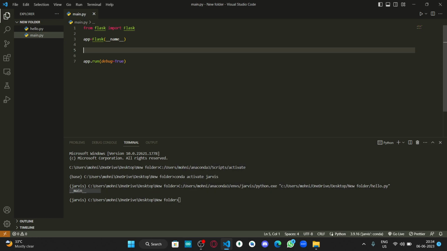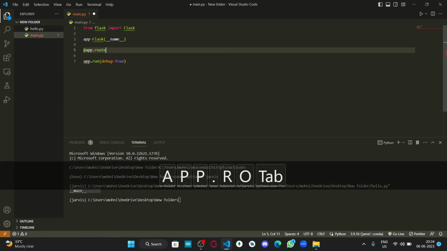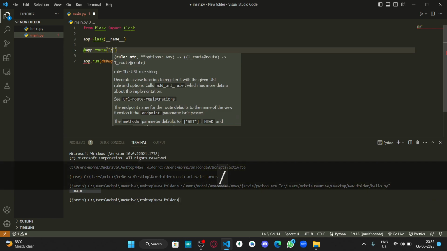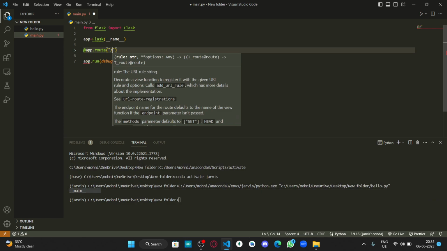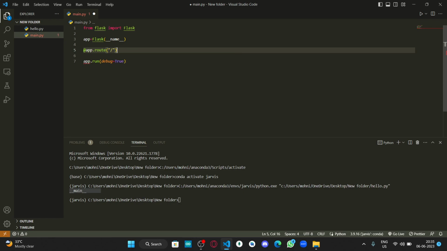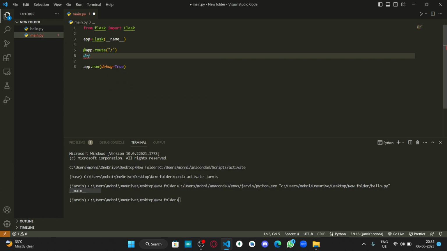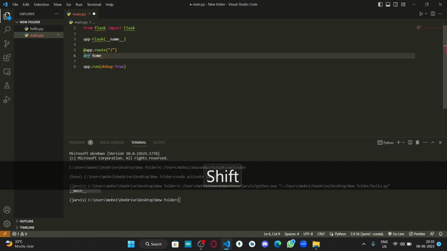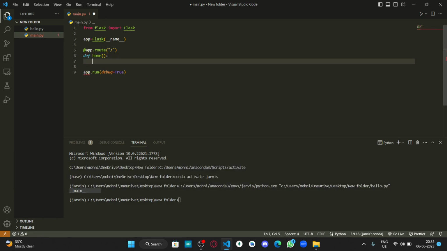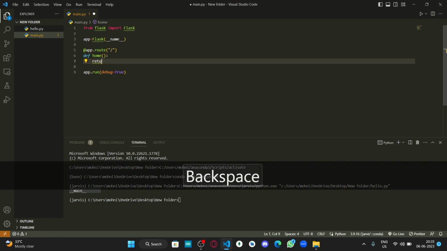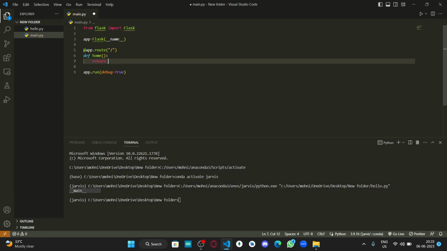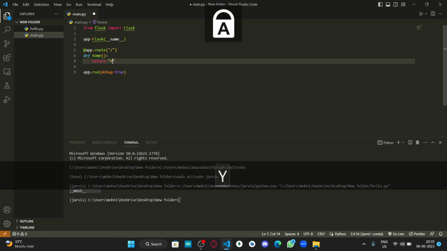For now, let's create an endpoint. How do you create an endpoint? This is the syntax: @app.route, and if we are at home, that is slash. According to the syntax, we need to define a function which is going to be run. So I'll write def home, and then return. We always have to return something in a Flask application. So return, okay, we'll be like,